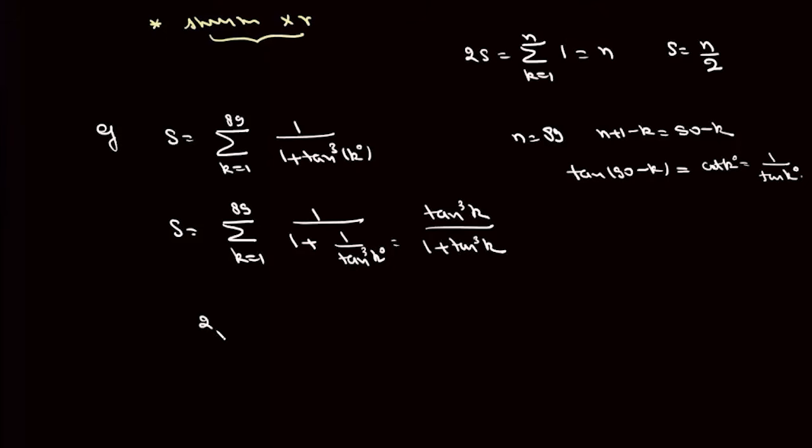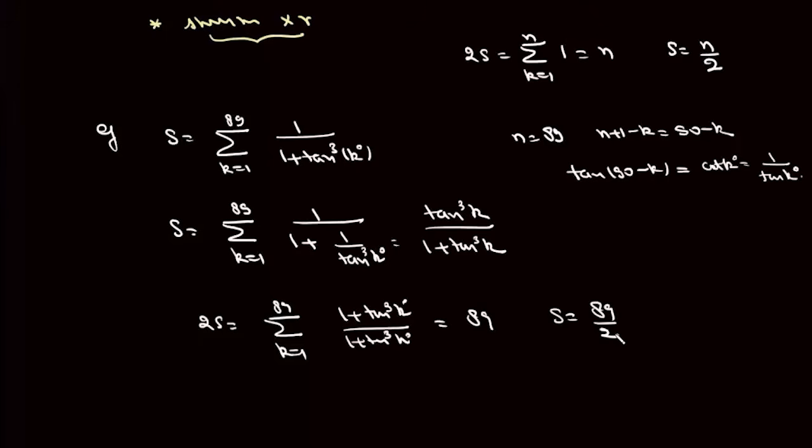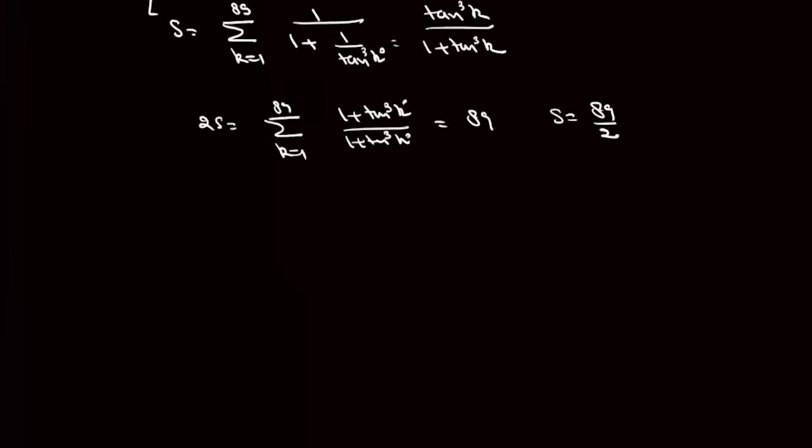Now again if we add, we get 2S equals the summation k varies from 1 to 89. Now this is 1 plus tan cube k degrees upon 1 plus tan cube k degrees, which is 1. So it will be simply 89. So this sum will be simply 89 by 2. So again in this we have used reverse summation, or what we could have done is, we know that